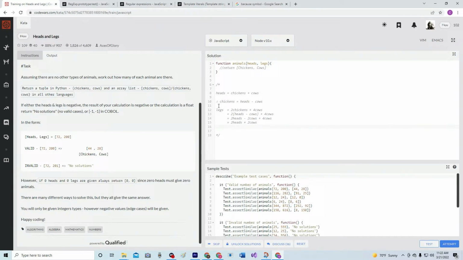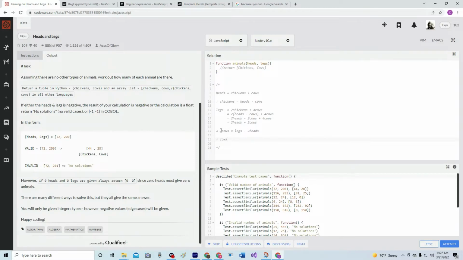therefore, let's get the old therefore again. I guess I can just do a therefore right there. 2 cows, right there. We're going to have to subtract heads from both sides, equals legs minus 2 heads, right? Therefore, again, here's the main therefore, cows